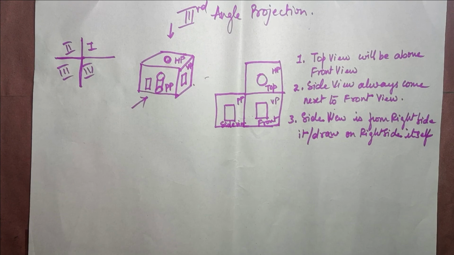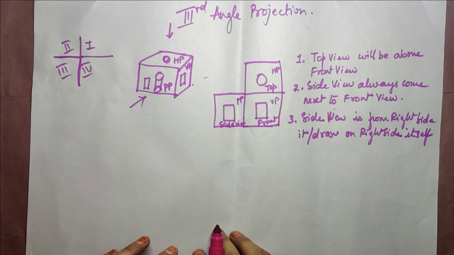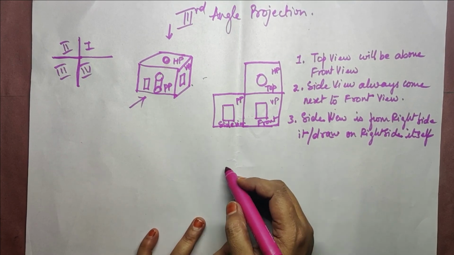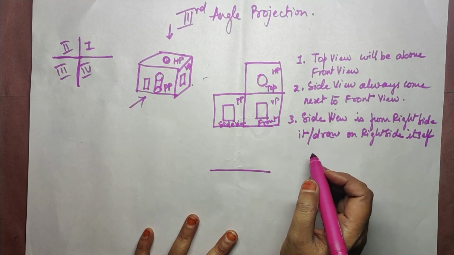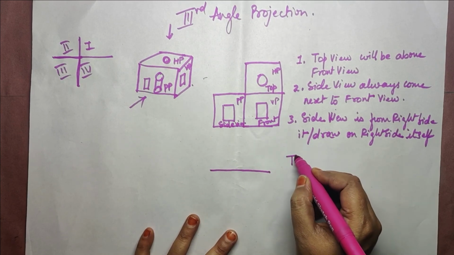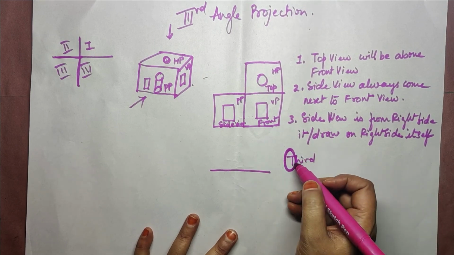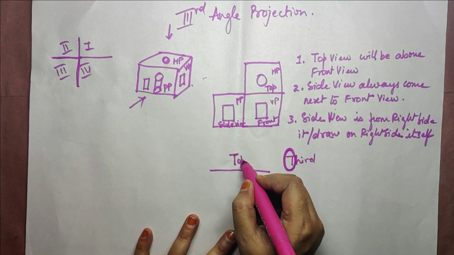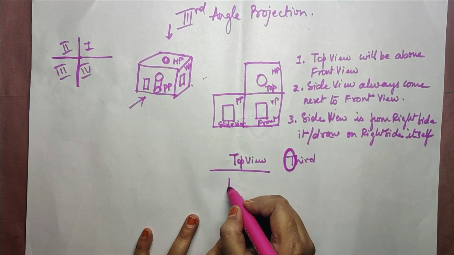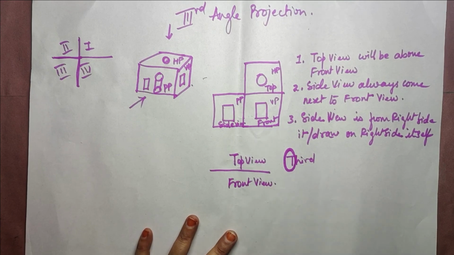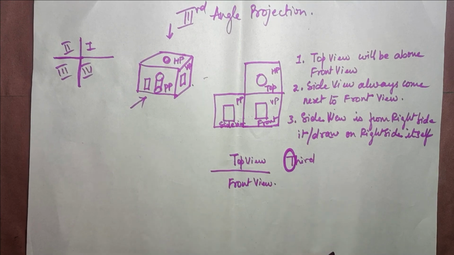Now how to remember how to draw in third angle projection. So all these points, when we are going to solve the blocks, you're going to understand better. Okay. First, draw a line as we have drawn in the first angle projection. So third, THIRD. Which is the first letter? T. T is the first letter. So T means top view. Top view will come first, then the front view. Later on we can see for the side view, looking at the block, where it will come.